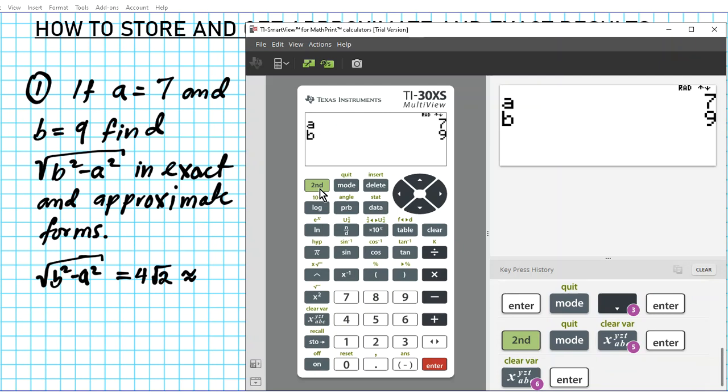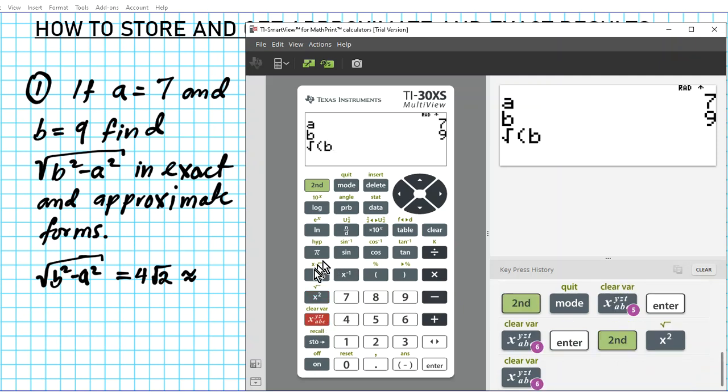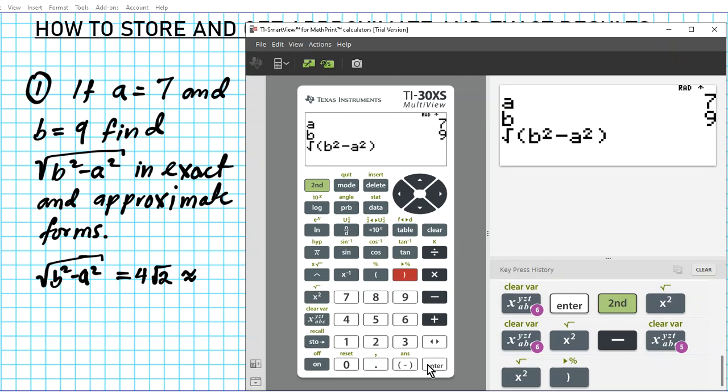So if I do what I did before, again, the square root of B square minus A square, or you could just do 4 root 2 if you want to check, but I'm just going to do the whole thing again. B square minus A square. Press enter, and your answer is now in